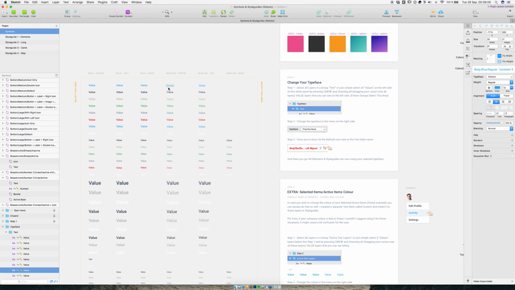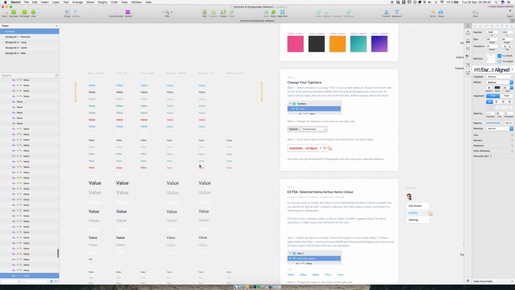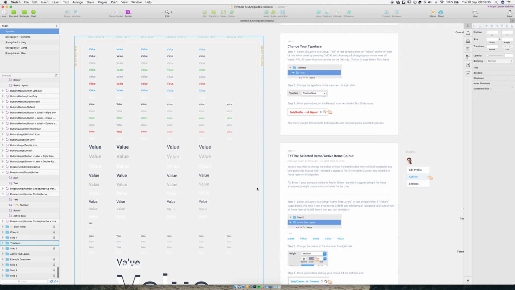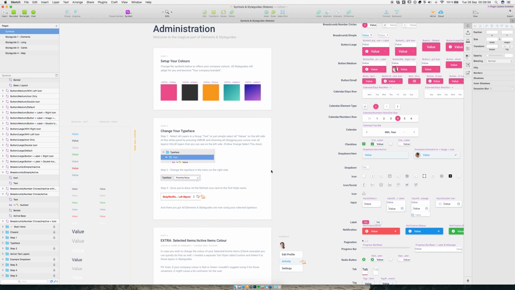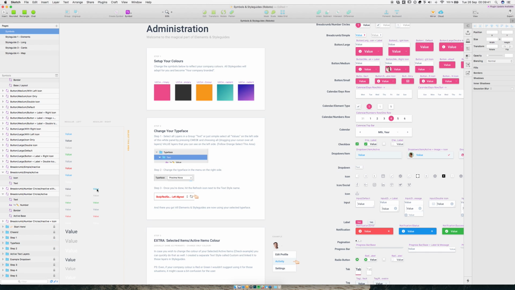So basically here we have the body type, then we have the caption, then we have the H1, the first headline, etc. So basically, if your company is not using a font called Proxima Nova or Roboto in this case,